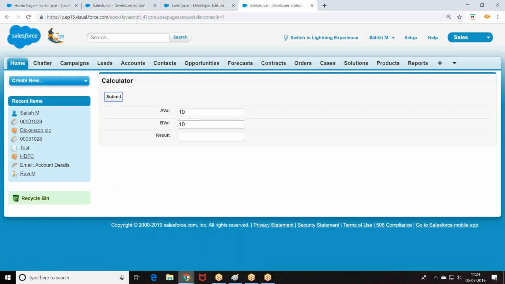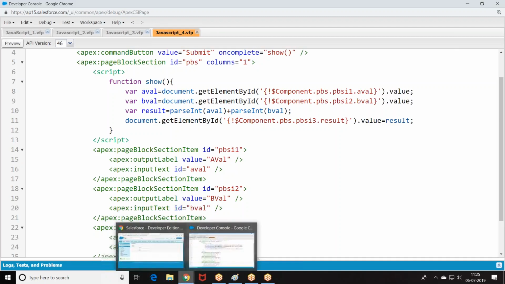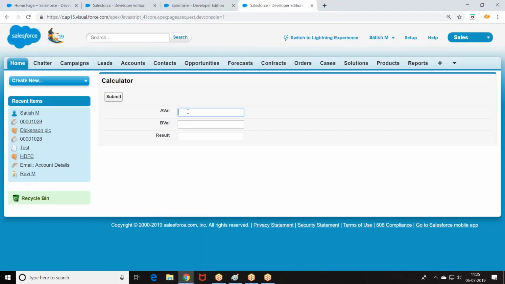Now, still the same story going on. Document dot element. Anywhere else? Line number. Document, component dot PBS is okay. Dot result dot value. Okay, let us check out.